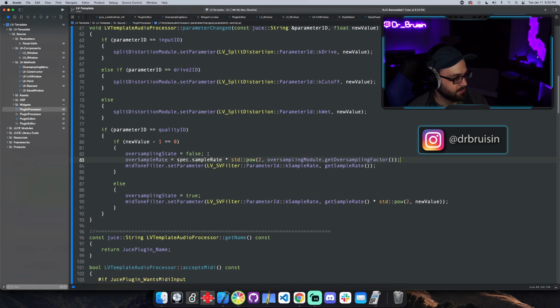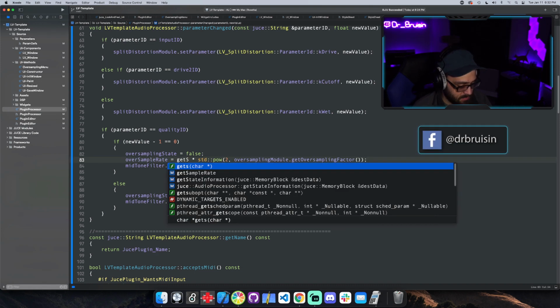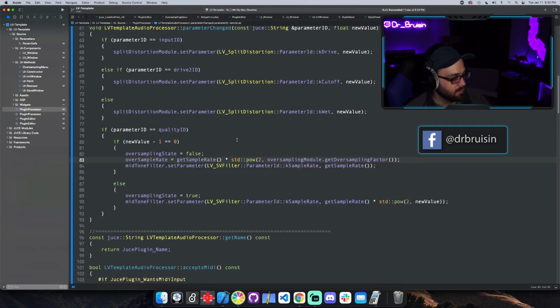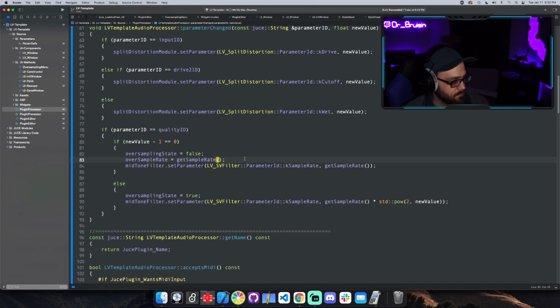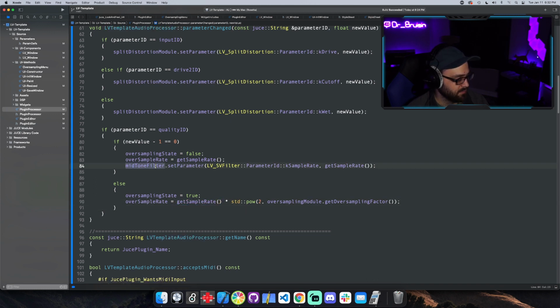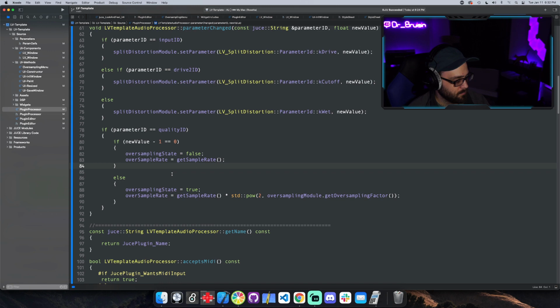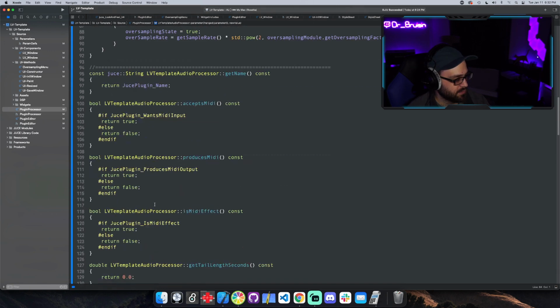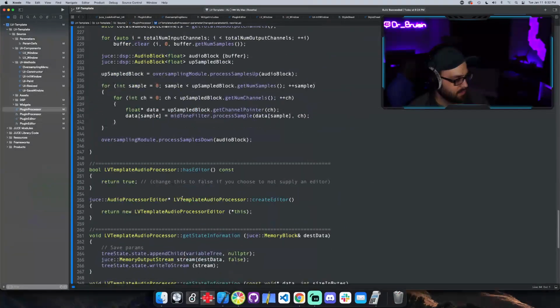Oversample rate is equal to get sample rate. Else, it's going to be equal to get sample rate by that. And then I think I don't need this. And then I think I could just go into the process block and say